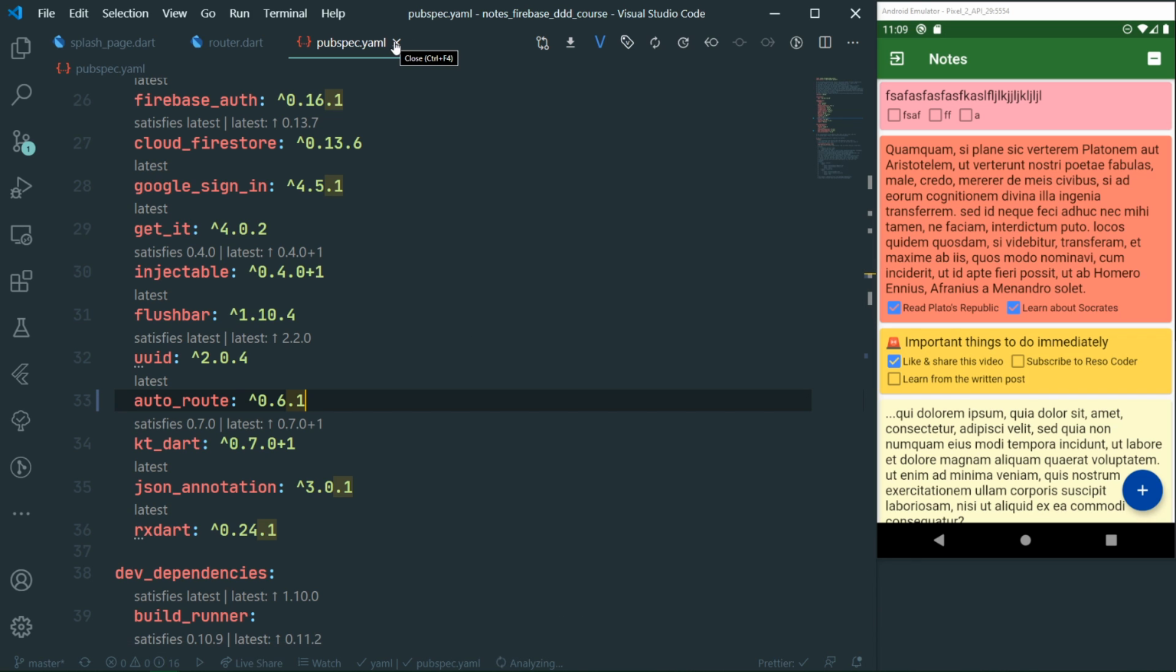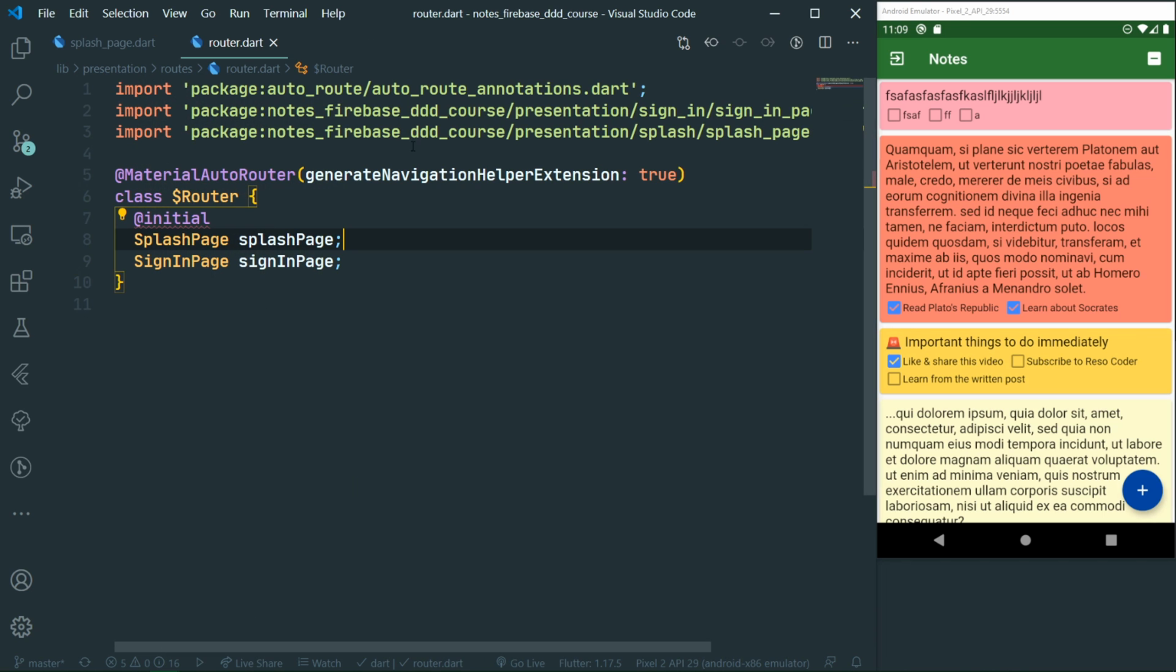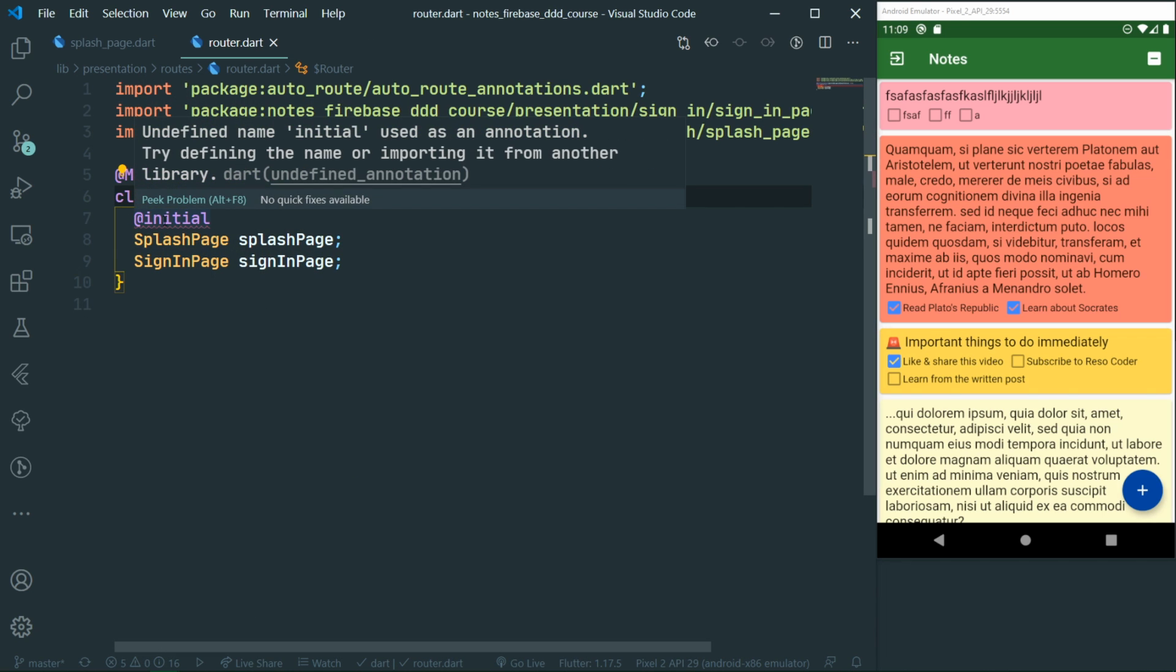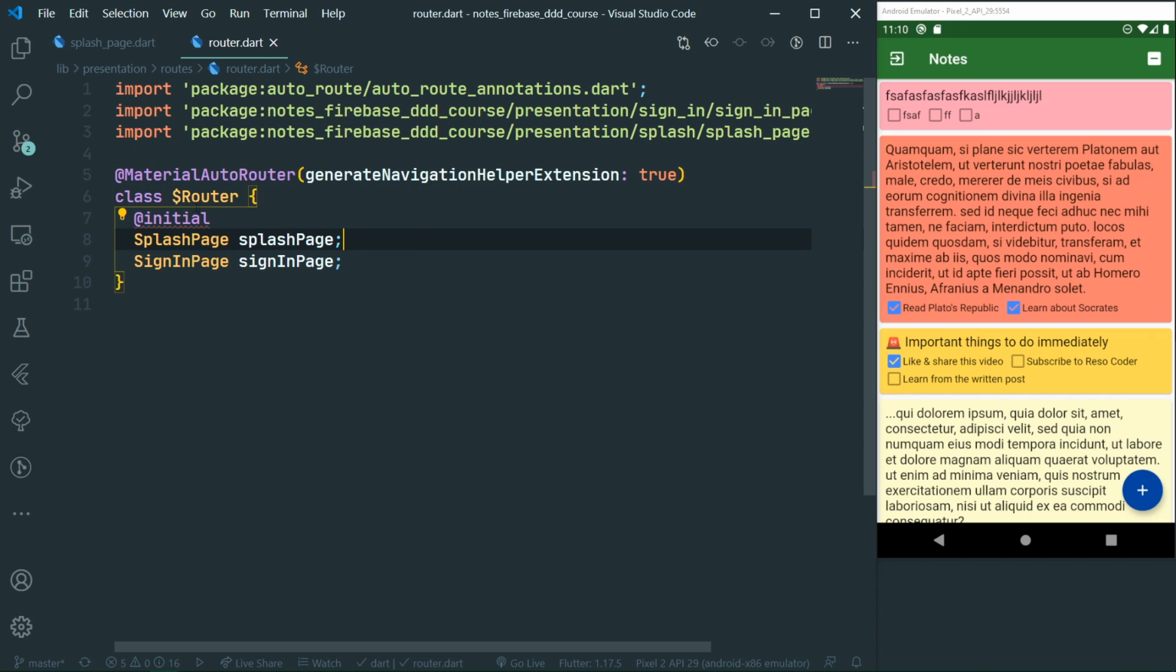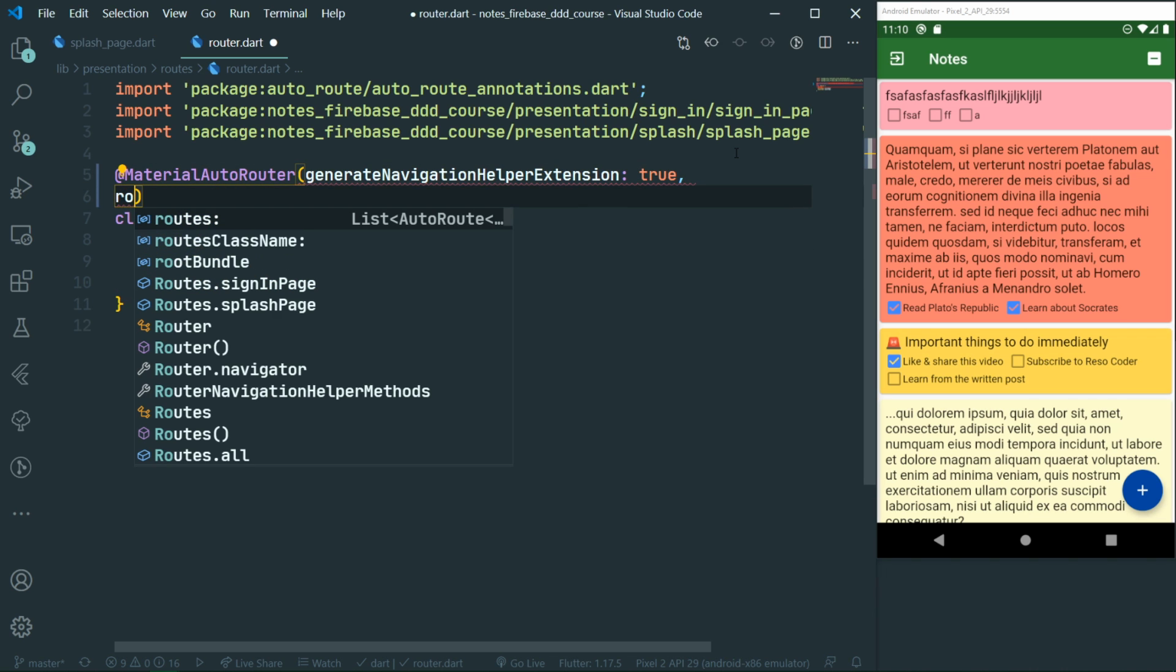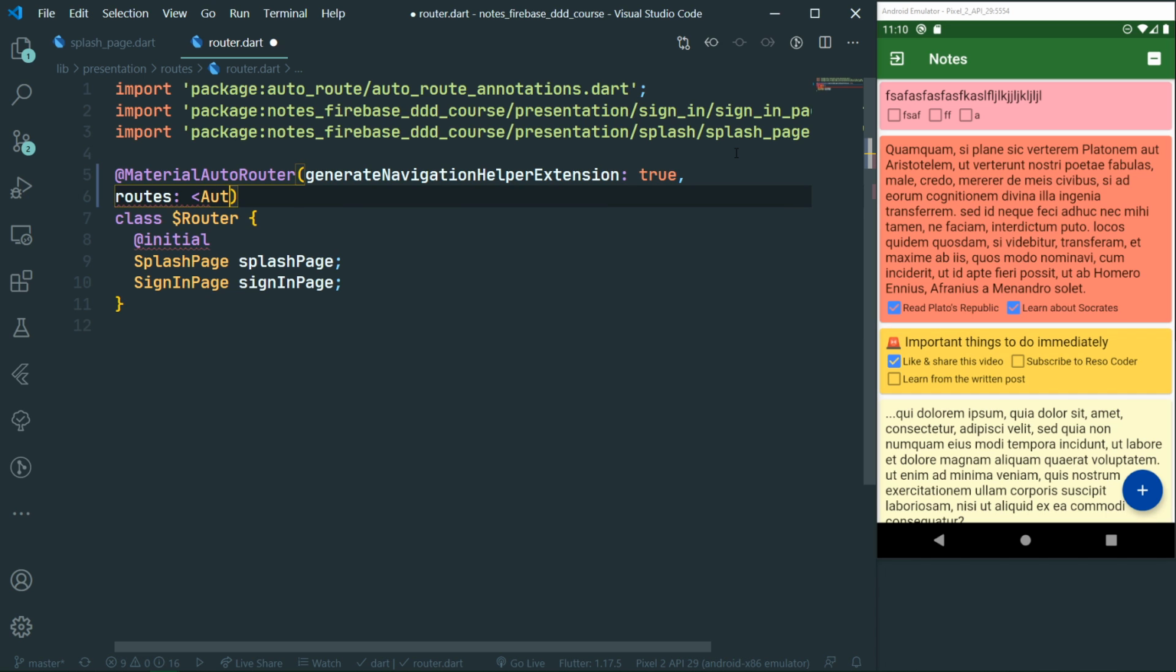So now that it's updated, our code broke a bit. You can see that we have an error over here. There is no longer any initial annotation. And actually, the whole structure of this router is just wrong right now. So instead of defining routes as fields in the router class for the autoroute package to then generate the code from, now what we should do is instead define a routes list, which is a list of autoroute